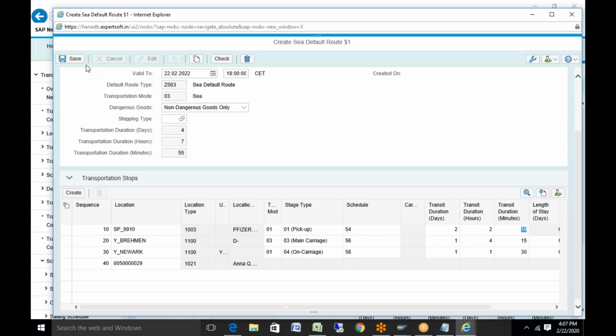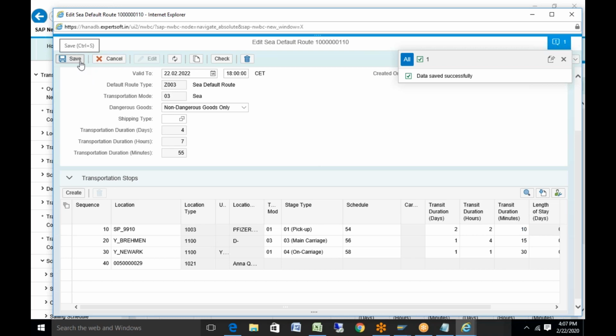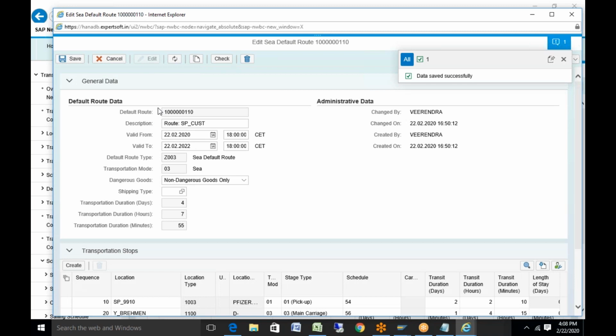Click on save. If you see here, the duration is 2 plus 1 plus 1, 4, then 2 plus 4, 6, plus 1, 7, and the remaining is 55. So this is what you get here. This is also done.